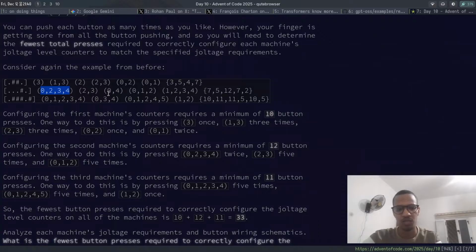When you choose a button, it will increment indices 0 and 4, for example, for this one. So it will increment this and increment this, I guess. And the initial state is 0 0 0 0, all zeros. And so yeah, how I'm gonna use the first part is that I'm gonna